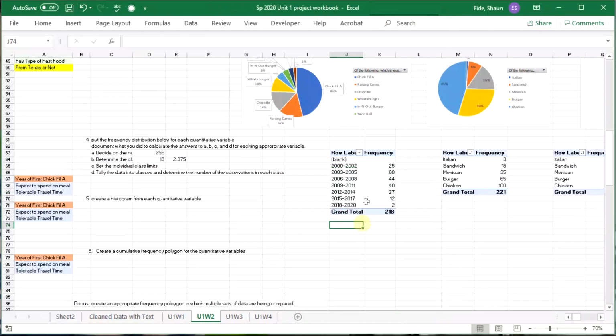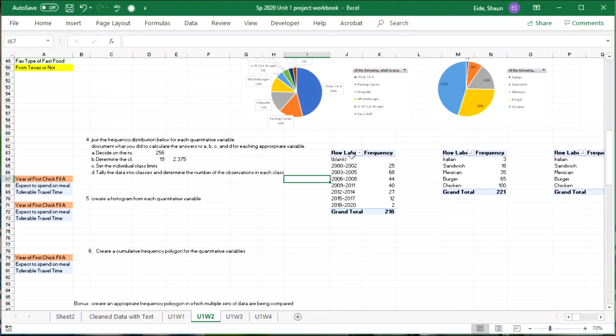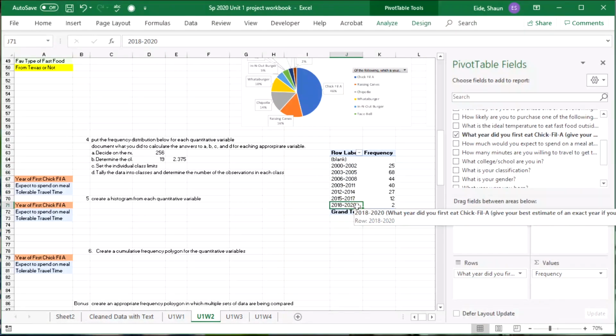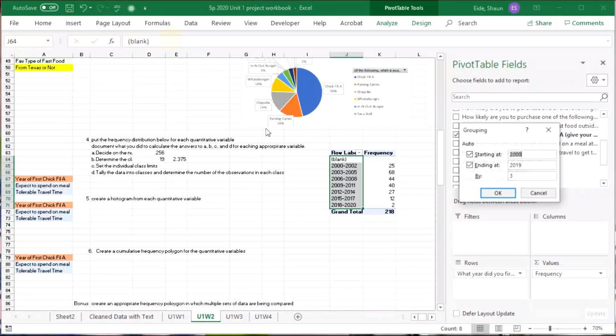Okay. If we do 3, how many classes does it bring it into? 1, 2, 3, 4, 5, 6, 7. Okay, just 7 classes, which isn't bad. There's only 2 in the last class. Or if I were to do, let's see here, analyze group selection. If I were to do it by 2 instead,